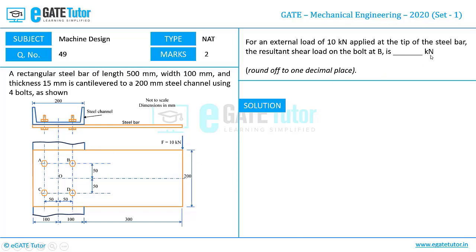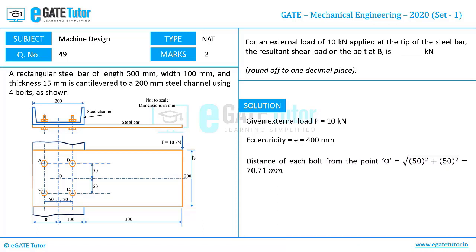Let's go ahead to the solution, how to solve this. It is given that the external load P is equal to 10 kilonewton, which is acting right here, and the eccentricity is 400 mm, which is the distance between the line of action of external load and point O. 100 plus 300 gives us 400 mm as eccentricity. Now let us calculate the distance of each of these 4 bolts from point O, which is nothing but